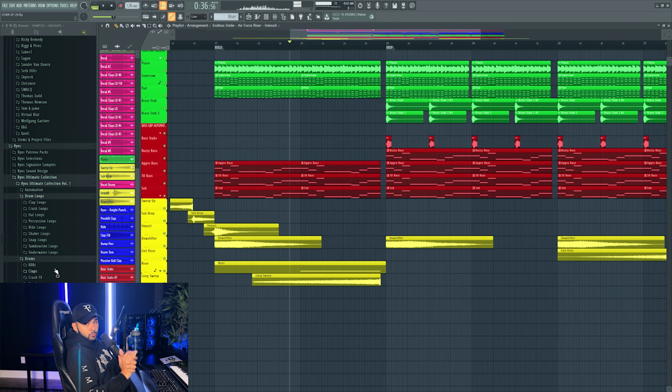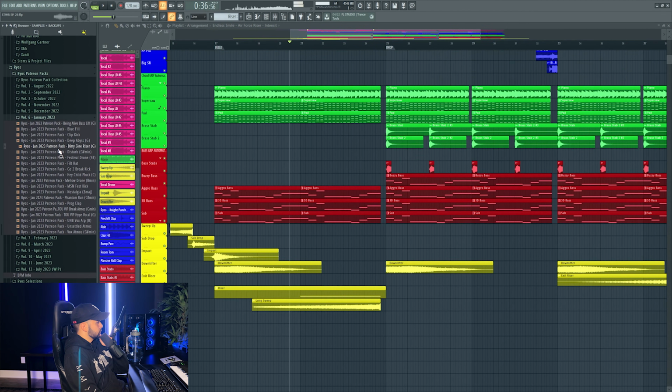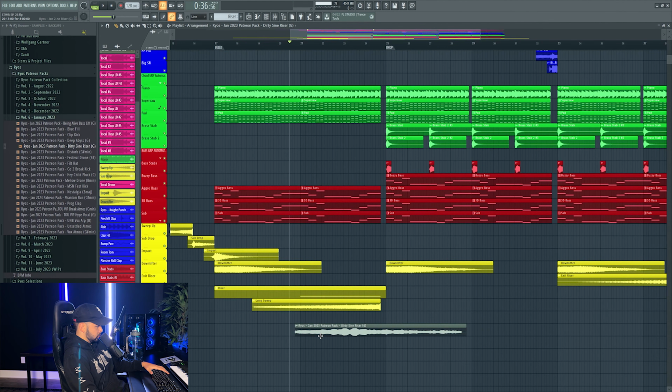Okay, so I'm going to try one more riser. I want a riser that is basically just playing lower in the frequency spectrum. This riser is obviously really squeaky and high up there. I want to have another riser, just a little bit lower to help fill out the frequency spectrum. Okay, here's the riser. I think this one will work well. We can stretch it so that it looks like that.